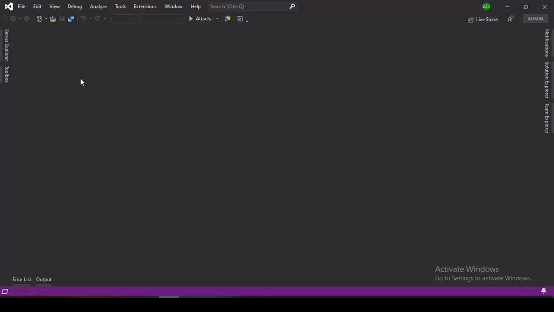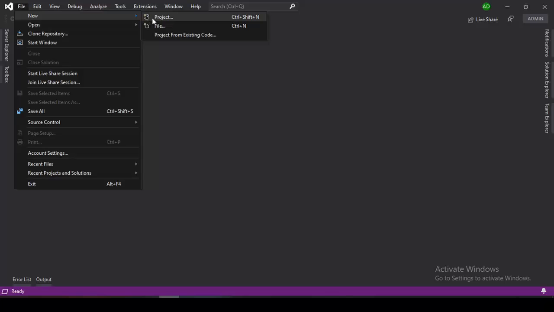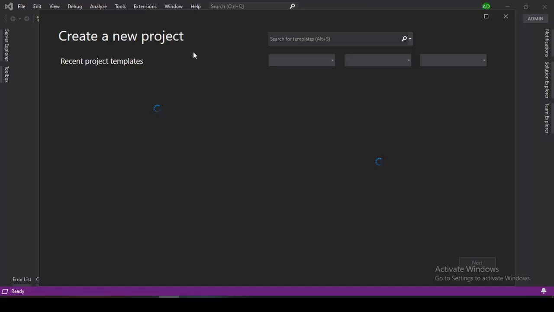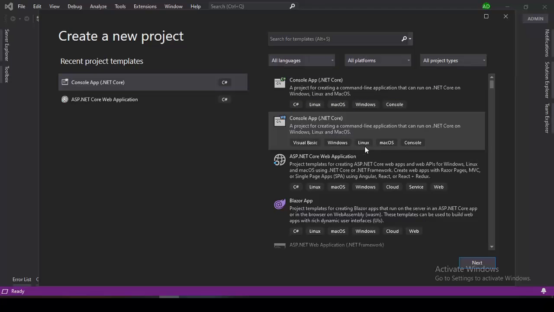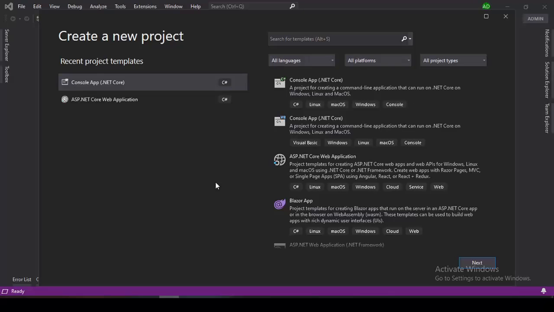You just need to go to File, click on New, and select Project. Here you will see a lot of project templates. Visual Studio 2019 provides different templates to work with different projects based on your requirements.